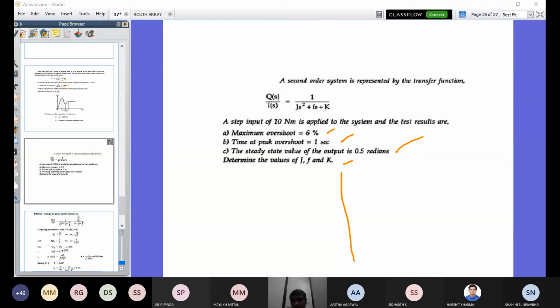What is the standard second order system equation? So we'll divide the equation by j so that it goes into standard form. Very good, dear. Always we have that standard expression. What is the characteristic equation? You can see that the second order system transfer function is omega n square divided by s square plus 2 zeta omega n s plus omega n square.